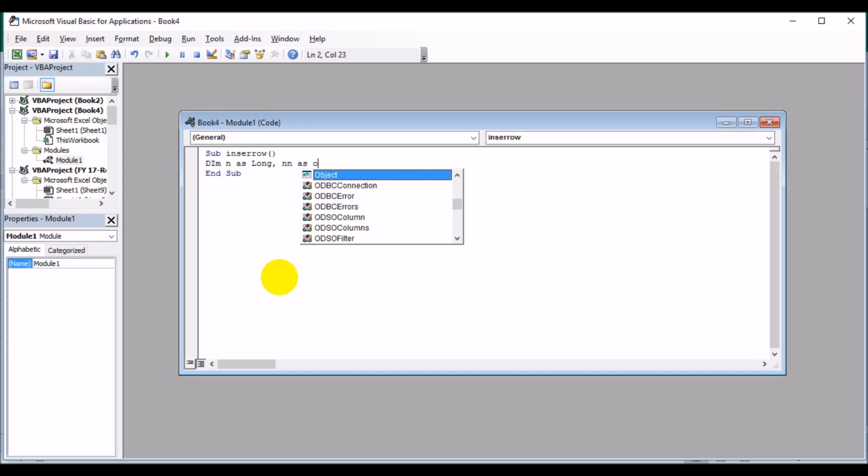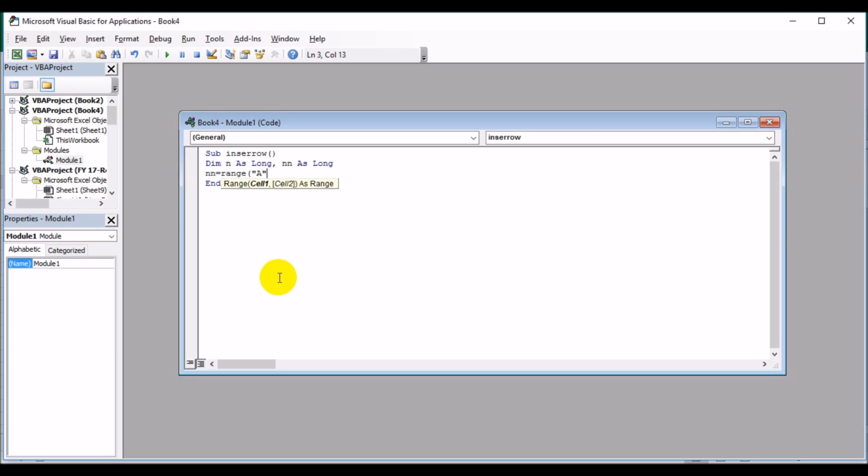NN as Long. In another 2-3 lines you will know what N and NN are used for. So NN is equal to Range, in a row, a column, and Rows.Count,